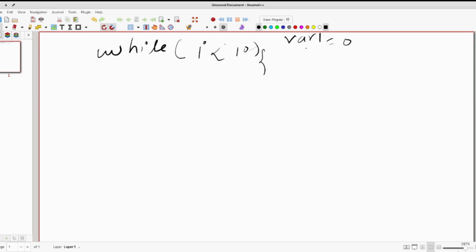This line will come before the while loop. So i equals 0, i less than 10, and print i plus 1, as we have to print values